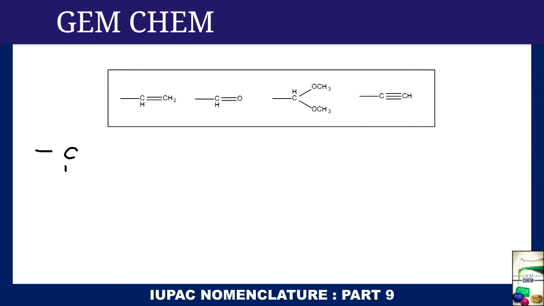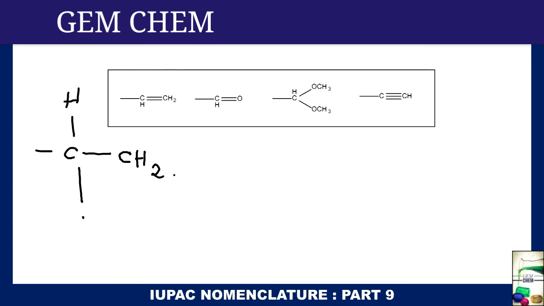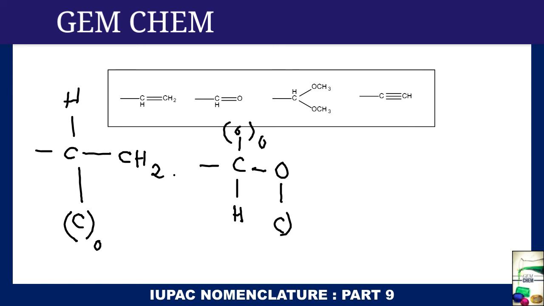So if we are going to draw this, then here is 1 CH2 and, since there is a double bond, we are going to consider it like this. That is, here is hydrogen and a carbon, and in brackets we will write 0. So this is a phantom atom. Again, in this case we have hydrogen, here oxygen, and here oxygen. So we write it as O0, and here a carbon. Similarly here a carbon. Phantom atoms are placed in the case of these double bonds.